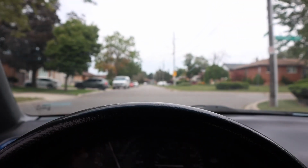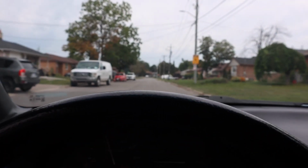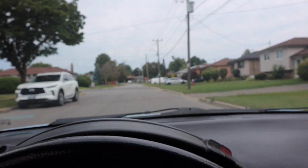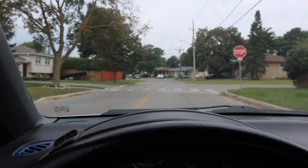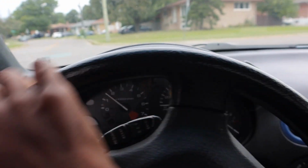I really gotta get a GoPro, guys. Honestly, I really need to get a GoPro. For real. Because it just doesn't capture the experience, right? Because I have to keep putting the camera down to just, like, drive. But